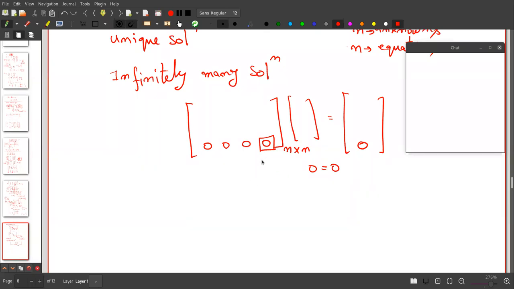So we take some arbitrary number t, or some a or b, and we solve the other equations in terms of this t, and this t can be any number. So depending on this t we have solutions. So we can say that if some row is 0 and the corresponding right hand side number is also 0, we have infinitely many solutions.